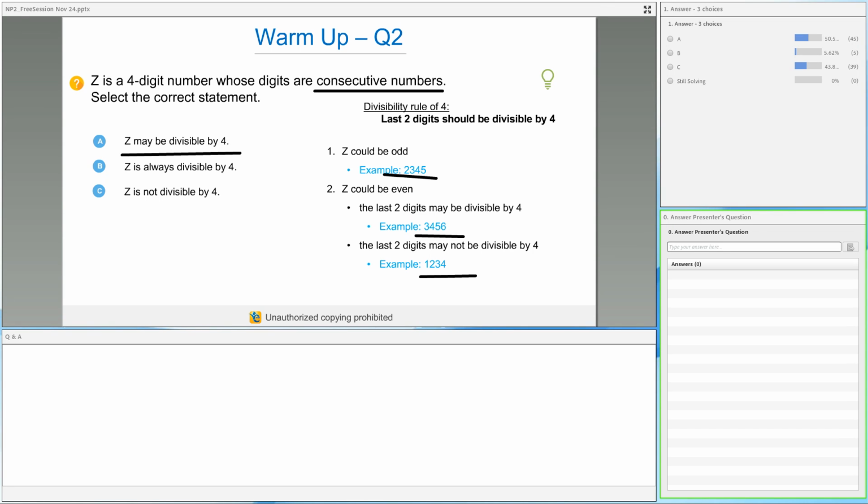Now tell me one thing, those of you who marked the answer as C, that is not divisible by 4, where exactly did you falter? Yes, you can. Can you tell me where exactly you faltered? Why did you choose option C? Did you not consider all these cases? Okay, you just applied the first question's rule.